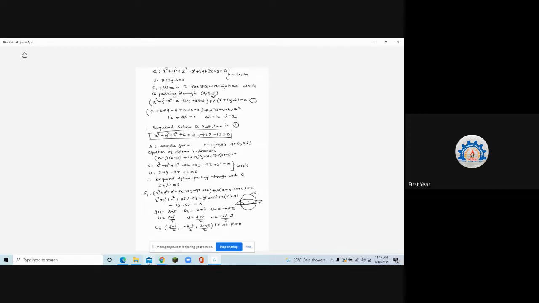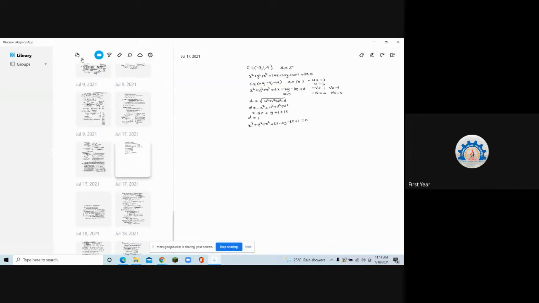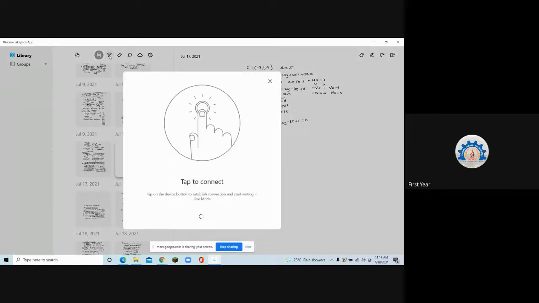Put this center point in the equation of the plane, get the value of lambda, and that will give the equation of the required sphere. Is it okay? Did you understand? Yes, ma'am. Okay, try to find the value of lambda. Put this center in the equation of the plane, this plane U which we got, and find the value of lambda and tell me the answer. Everyone, try to solve it and put it in the chat box.